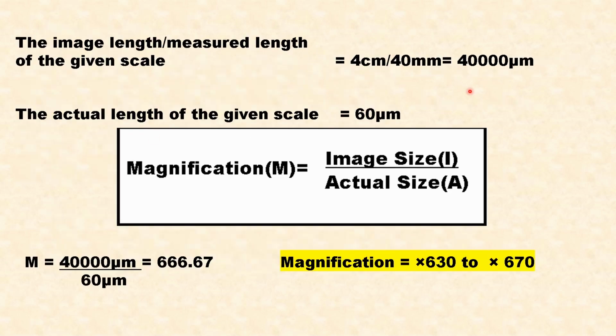So it's 40,000 micrometers, and with the actual length of 60 micrometers, you have to use the same formula, just substitute, and the magnification is equal to 40,000 divided by 60, and it's 666.67. And since the question asks for the answer to be in two significant figures, we'll round it to a